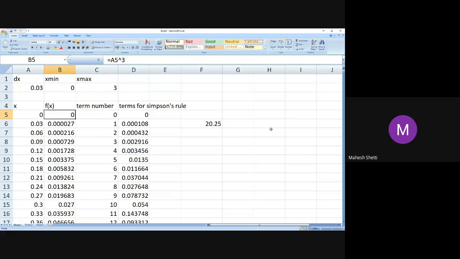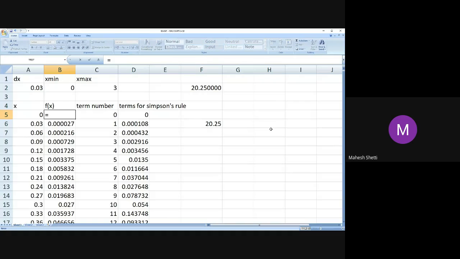So 3 raised to 4 divided by 4. So it is 81 divided by 4. And you know 81 divided by 4 will be this. You can check that, equal to 81 divided by 4. So 20.25, yes. You get this precise. Okay. You can try with other kinds of functions.